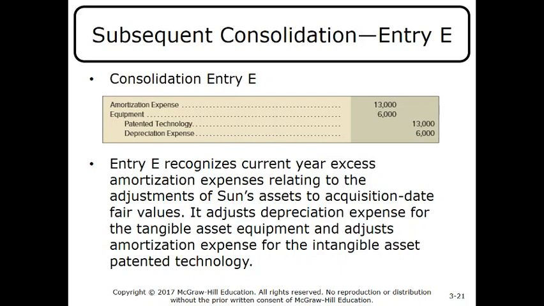They actually talk about it on page 102, consolidation entry P. And so the scenario is Sun has a $40,000 payable to Parrot. So Sun has a payable, Parrot has a $40,000 receivable. And so